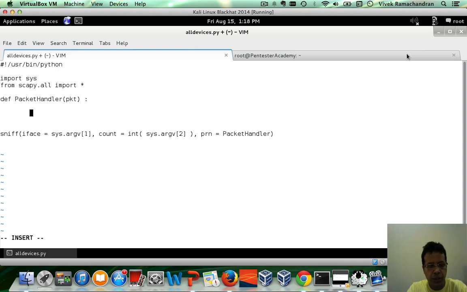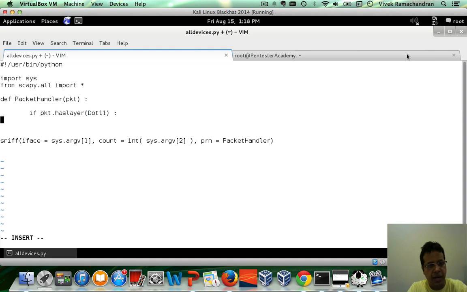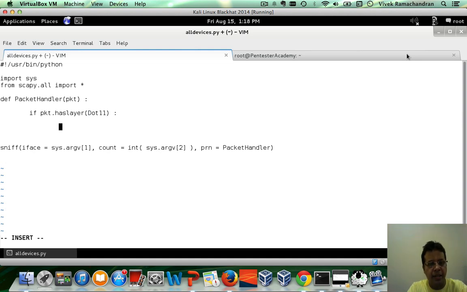We can do that by checking if pkt has layer Dot11, and if that is the case, then let's get the Dot11 layer. Now there are some shortcuts available which we will discuss a little later. In this case, we will go through the long and hard technique. So I'm going to say dot11_layer equals pkt.getlayer(Dot11),